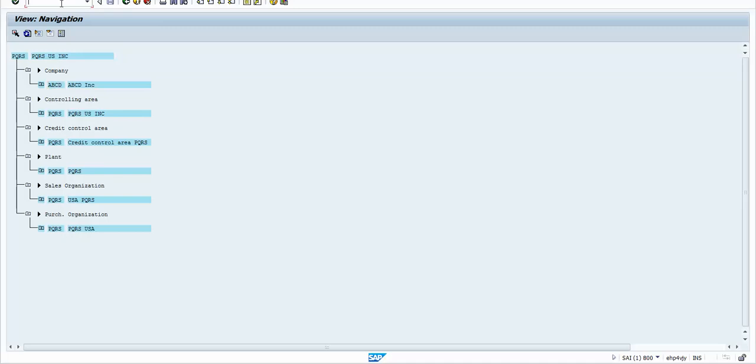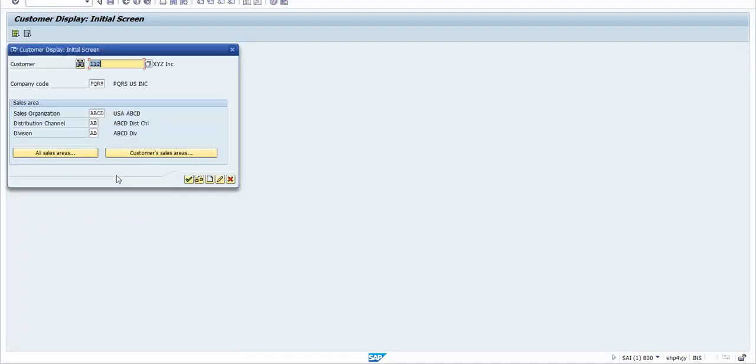Now let me show you the customer once again, which I had created, using transaction XD03. I'm displaying the customer which I had created. I'm supposed to create a customer in the company code PQRS, so I'll enter the details. 117 is the customer, company code PQRS. I'll enter the sales area as PQRS PQPQ because it was created for that. So it is 117, company code PQRS, and the sales area through which the company code PQRS would be selling to ABCD is this sales area. Hit enter,